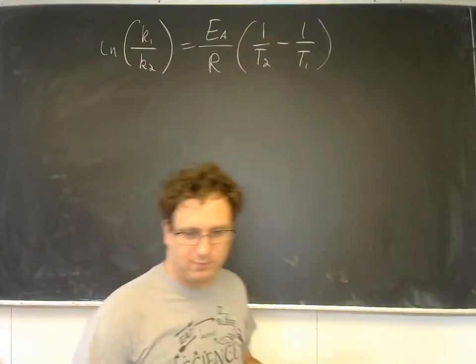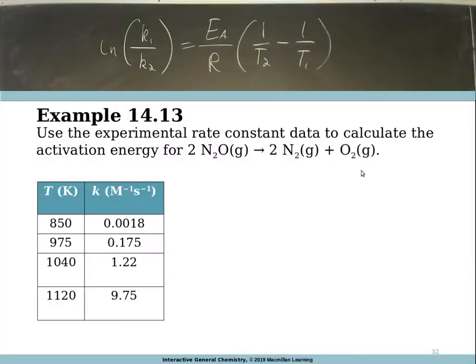So let's look at some real data. Again, this is different. Here we have dinitrogen monoxide reacting to form nitrogen and oxygen. We've measured the rate constant at 4 different temperatures. We only really need 2 of them. So let's pick the 2 that are furthest apart, and let's just start putting values in here. So 850 Kelvin will be our T1 and our K1. T1 is 850 Kelvin, and K1 is